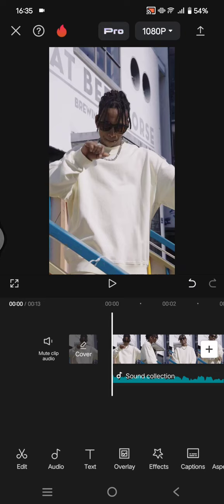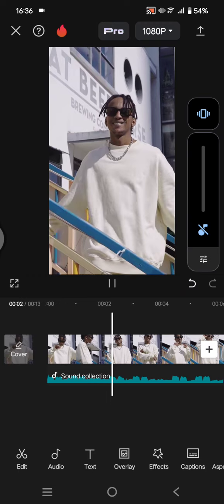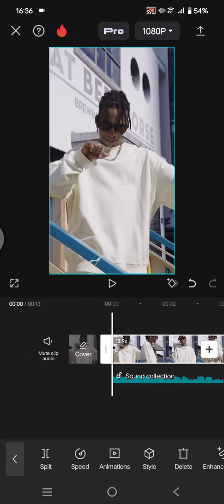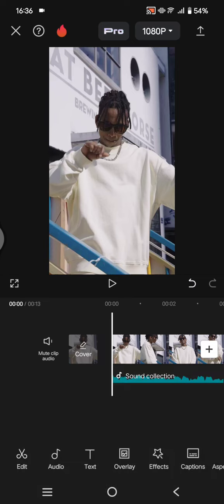On today's tutorial, I'm going to show you how you can create a retro zoom velocity effect in CapCut. So you can use this effect for your dance videos like this. And here, what you need to do before adding the effect is add the videos and also the sound or the music. And after that, you can just go straight to